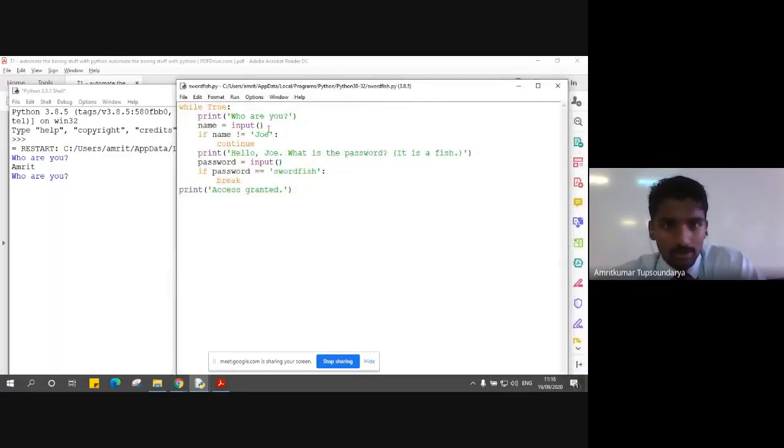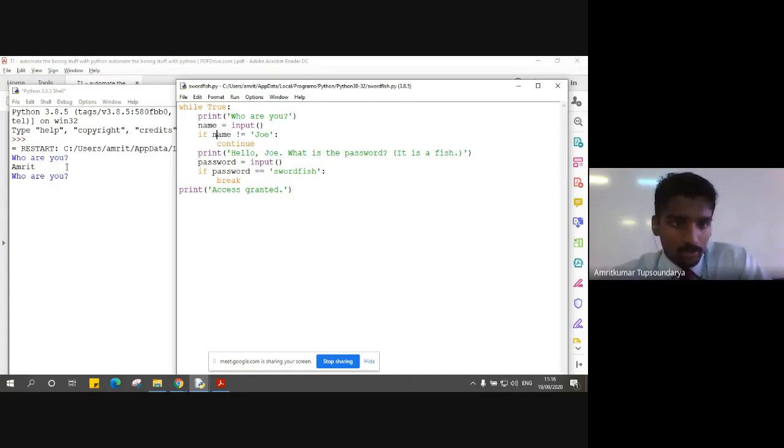So as you can see here, we have given Joe as the value for the name in the variable container name. And if the variable name, that is whatever we are inputting here, is exactly equal to Joe, only then it will go on and print the next instruction.